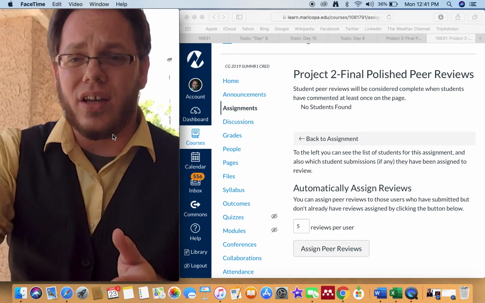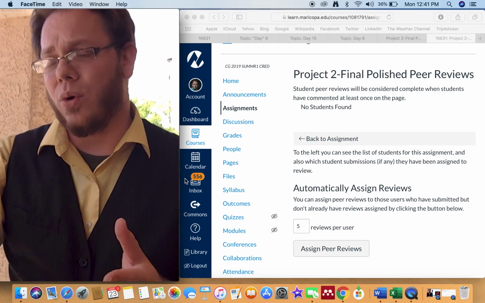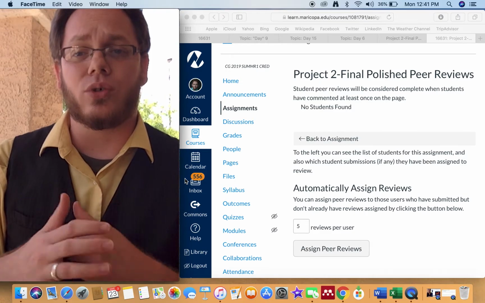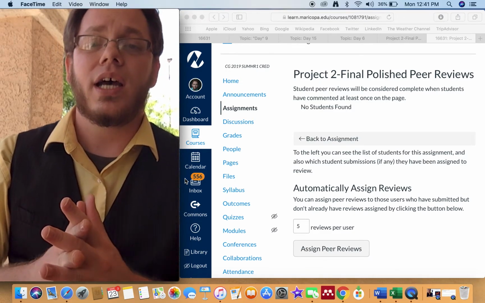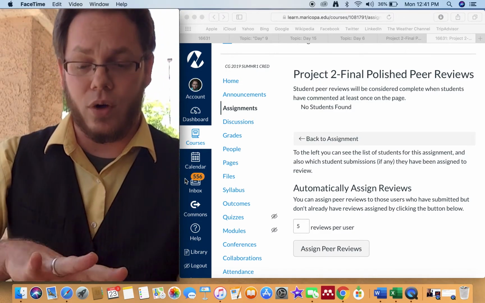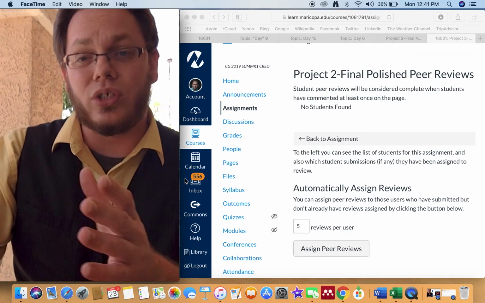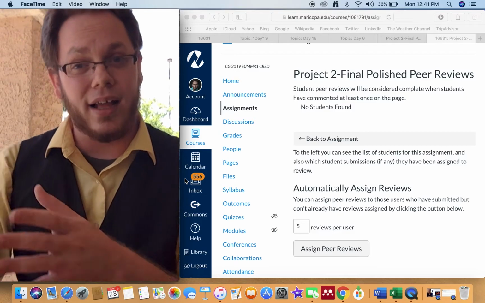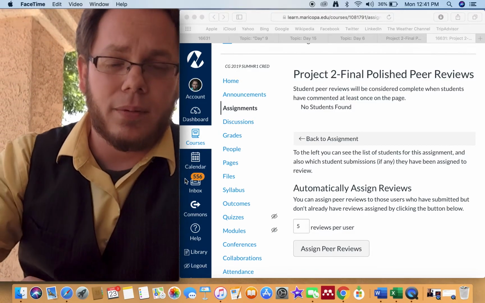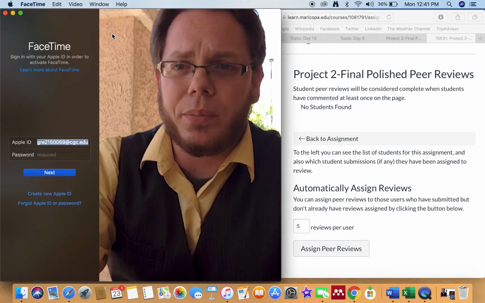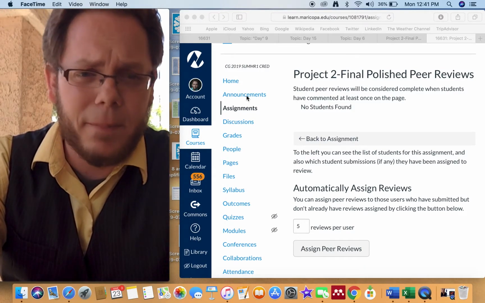So this is another technique that you can use if you are trying to figure out what to do with a third project, or a fourth project. You could have the whole project be a deep critical response to somebody else's essay, like they're doing a rhetorical analysis of another student's paper. Starting to get a little windy here, so hopefully you'll still be able to hear me. So with that,